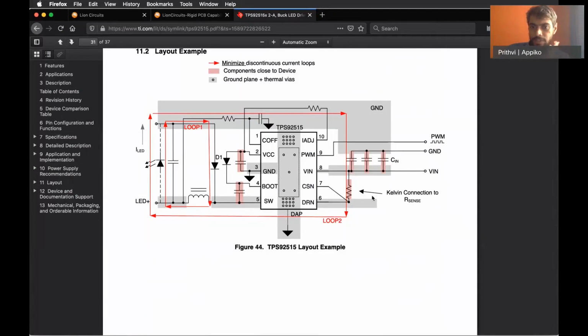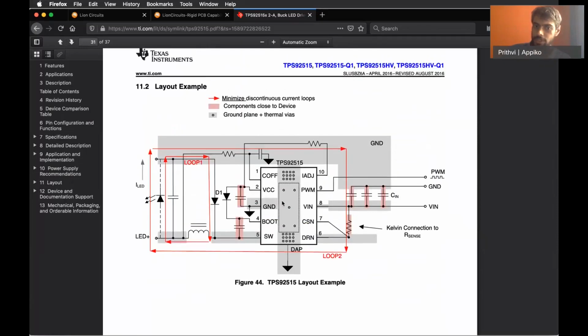The shunt resistance to measure the current flowing through the LEDs also needs to be placed close to the circuit. So these are the guidelines that we need to follow when making the PCB.